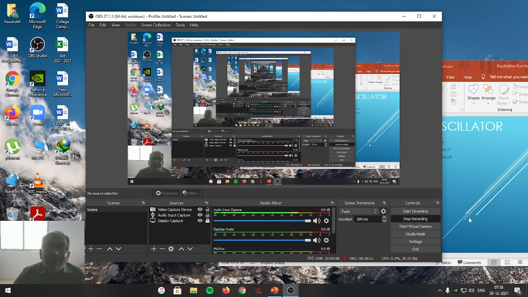Friends, almost all the topics of oscillators are completed. Only numerical examples are left. Depending upon the time schedule, we are going to solve the numerical examples online first, and then if possible all those examples will be solved in the offline mode also. So let us meet in the next lecture along with the numerical examples. Today we will stop.